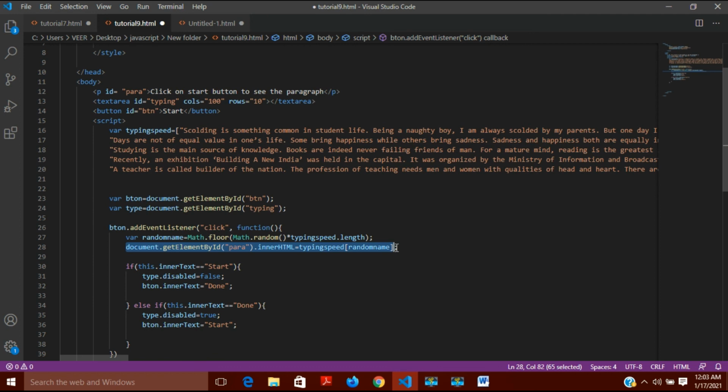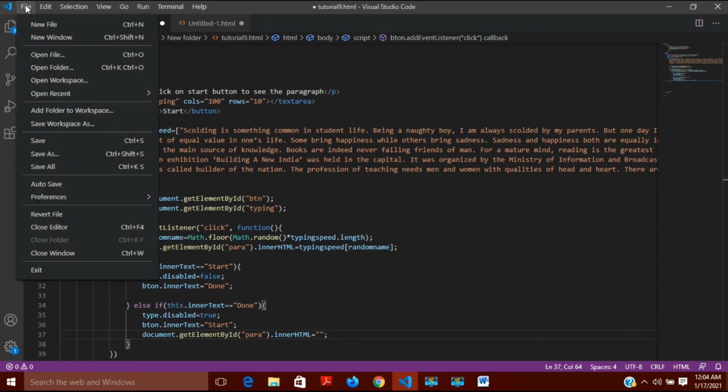It should not take anything from here. I don't want it to take any paragraph from here. So instead of this I'll not write anything, I'll just put these quotes, and that's it.